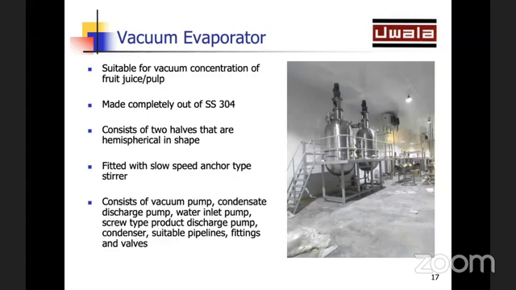One of the ways in which this problem is overcome in the industry is by doing the heating under vacuum. If you're doing the heating under vacuum, the boiling point becomes 60 degrees centigrade rather than 100 degrees centigrade. Now, because you're boiling the product at 60 degrees centigrade, all the properties of the product